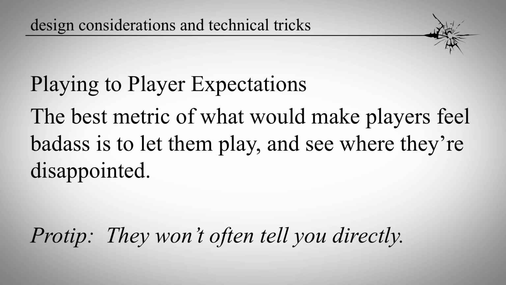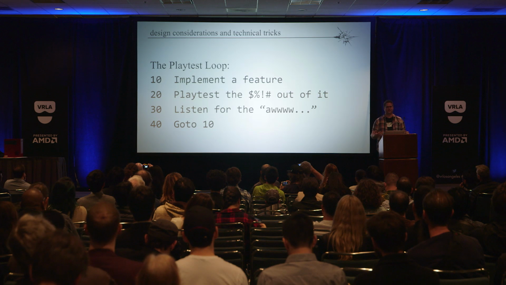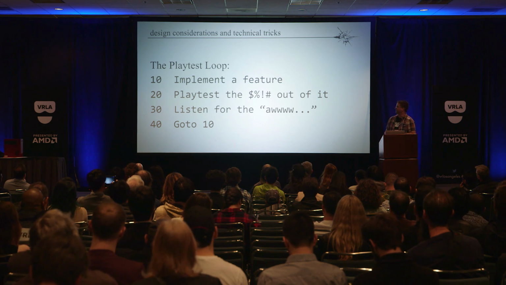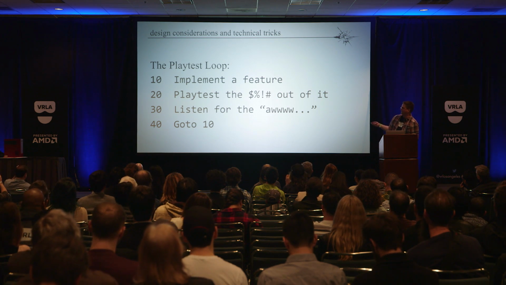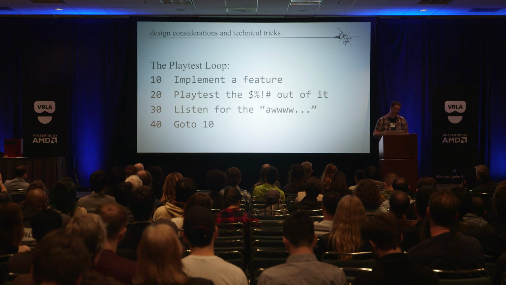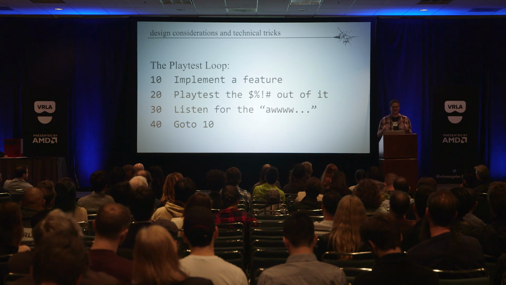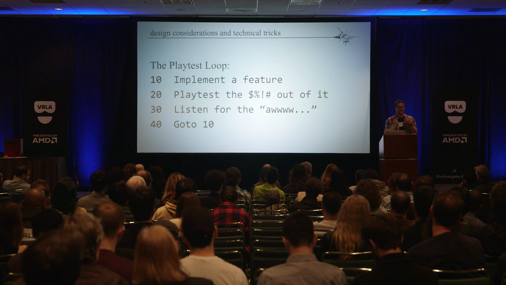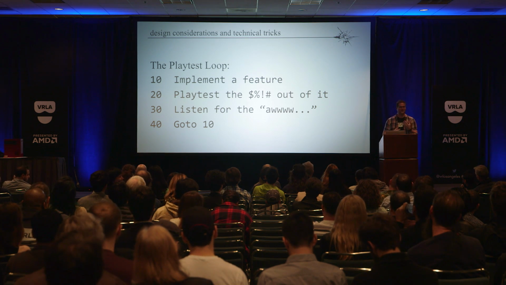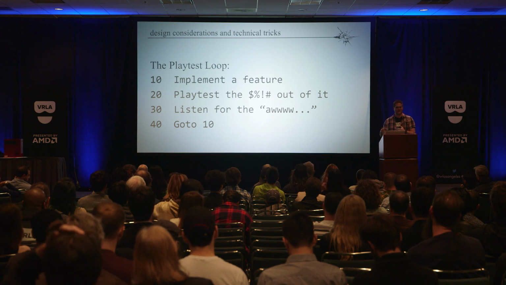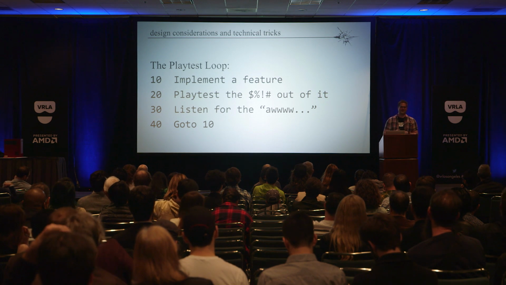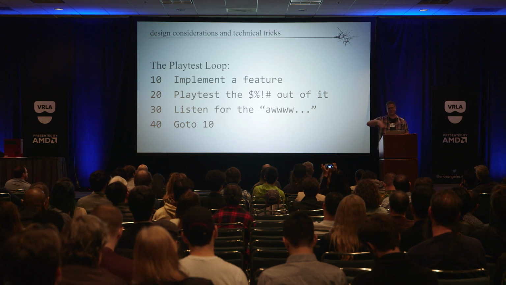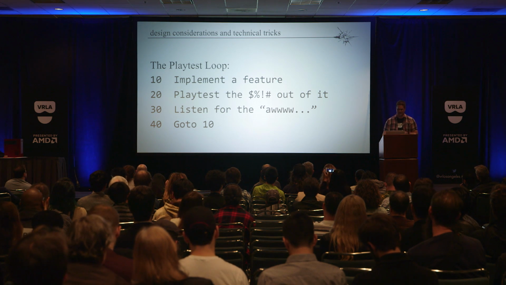So we had this playtest loop, which is super obvious and super stupid. It's not like we invented this or anything, but a lot of people just haven't seen it before. So basically, we implement a feature, we playtest the crap out of it, and then listen for the ahs. The facial expressions are really the key tell. Even if they don't vocalize, watching somebody's face while they play VR, their mouth expression really tells you when they tried something and it didn't work or they wanted to do something. You can see the disappointment on their face. And then basically take whatever they were sad about, implement it, and then go back and do it all again.